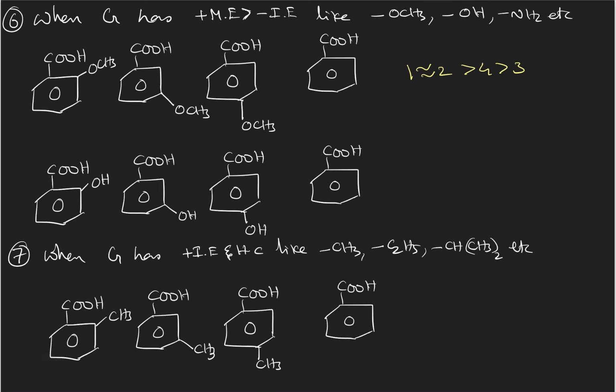Then coming to sixth example, in this positive mesomeric effect of the group is higher, stronger than negative inductive effect, like OCH3, that is alkoxy group, OR group, then hydroxy, OH, then amine, NH2, NHR, NR2, etc. Different examples we can take. And coming to this example here,